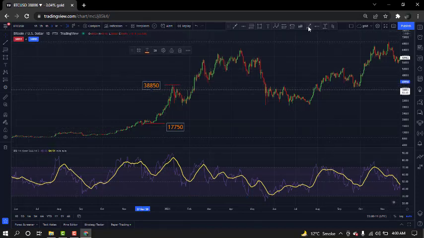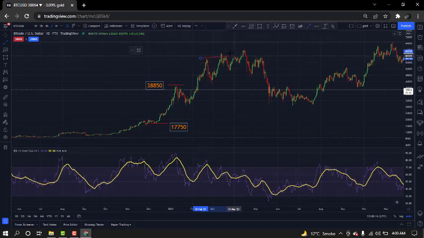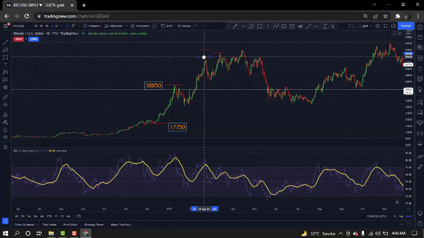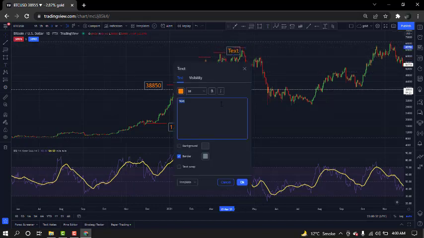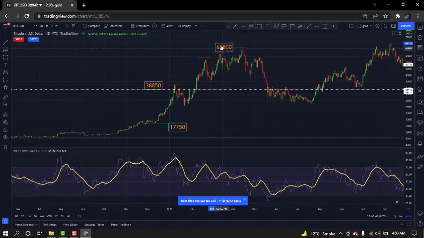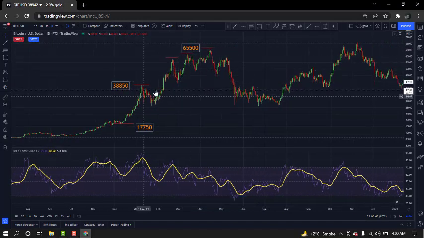Then the market goes up right here, right here, right here, and right here, and the price is here, $65,500, 65k. The market touched the 65k level. It means the market goes up, it's a bullish market. And